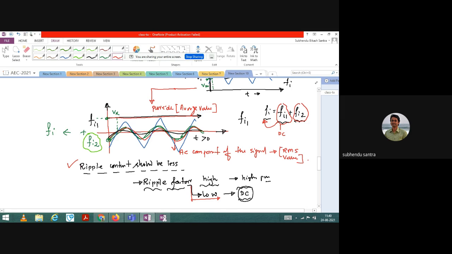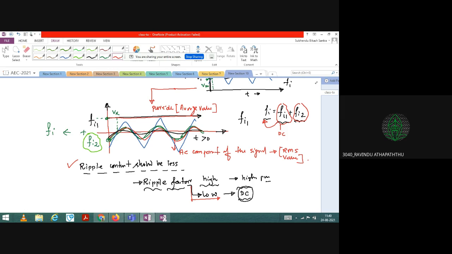Whatever I just said during these 2-3 minutes is very important. A rectifier circuit converts AC to DC, that everybody knows. But whenever the conversion takes place, you have a pulsating DC at the output, which we generally do not want. We want a pure DC. So which parameter defines how much AC component is present inside a DC signal? That is the ripple factor. Generally, if your ripple factor is high, we do not prefer to use the circuit. If your circuit is able to deliver a low ripple factor, it is very useful for AC to DC conversion. Am I clear to you?